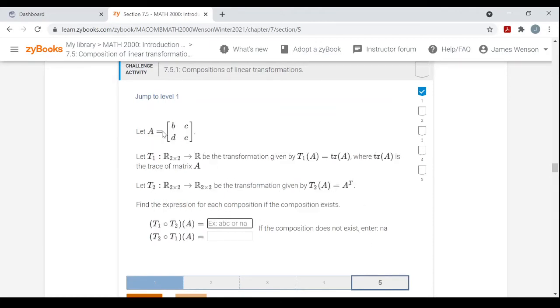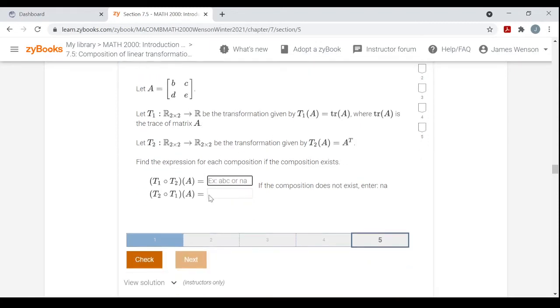And then finally, A is some 2 by 2 matrix here with entries B, C, D, E. T1 is the transformation that gives you the trace of A. Remember, the trace is just the sum of the main diagonal entries. So the trace of this matrix would be B plus E. And T2 just gives you the transpose of the matrix. And then again, your output needs to be in terms of B, C, D, and E, right? And if the composition doesn't exist, enter NA,